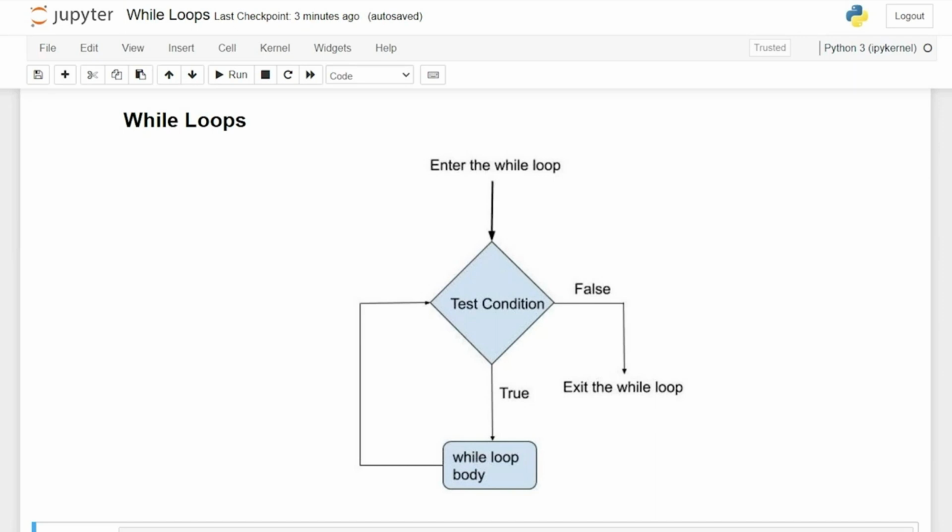The while loop in Python is used to iterate over a block of code as long as the test condition is true. Now the difference between a for loop and a while loop is that a for loop is going to iterate over the entire sequence regardless of a condition. But the while loop is only going to iterate over that sequence as long as a specific condition is met. Once that condition is not met, the code is going to stop and it's not going to iterate through the